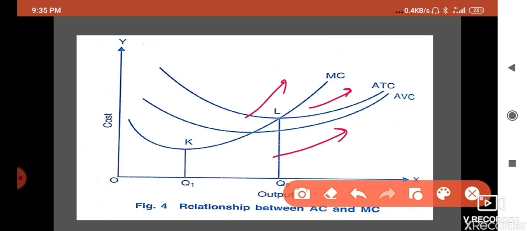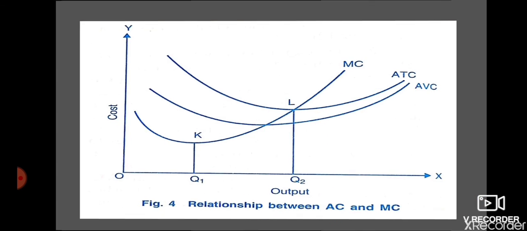So the last, third point in the relationship is that MC is equal to average cost at the constant. Average cost is constant at these points, when MC intersects these two, and this point is where the maximum utilization of resources is achieved in the case of the law of variable proportion. So I hope you understood what I am willing to say. Next we are going to discuss some more points.